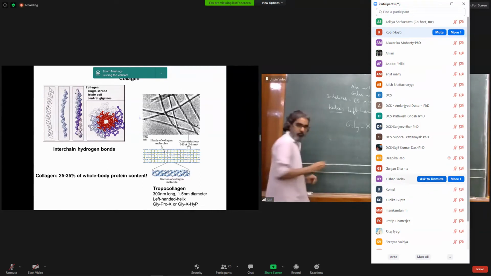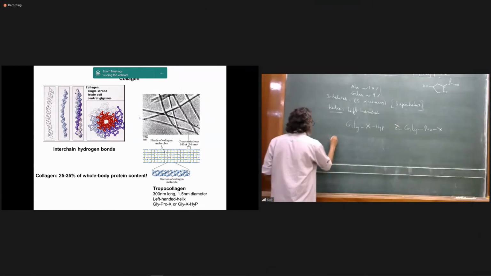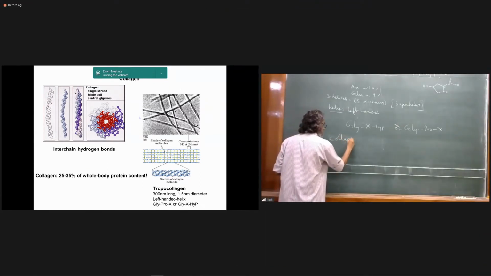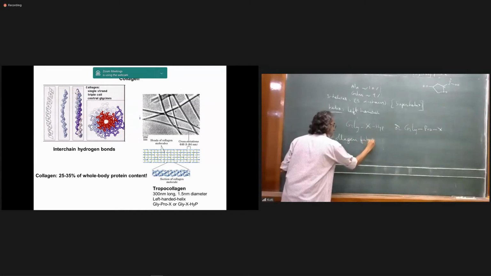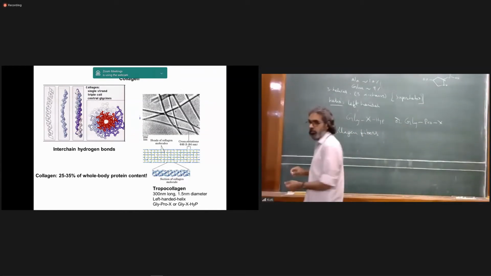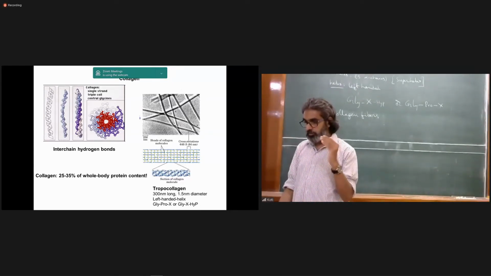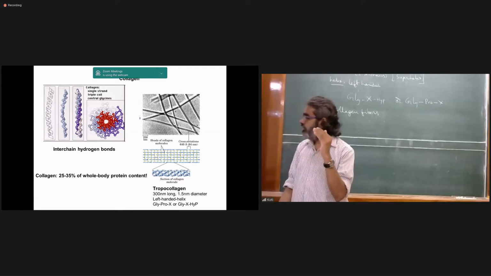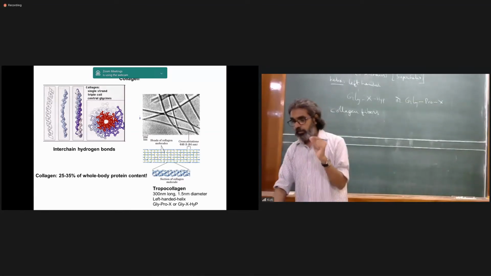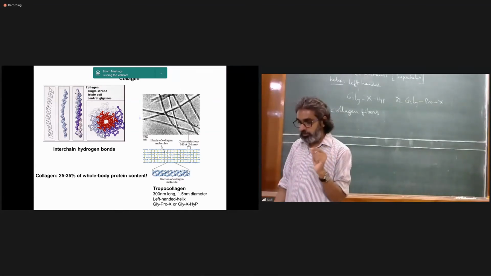On the right side, the pictures shown are real collagen fibers. So these fibers, you see, have a very ridged structure. You have striations, like marks, and equidistant. The picture given at the bottom shows how these individual triple helices are bonded together to form a fibril, a collagen fibril.